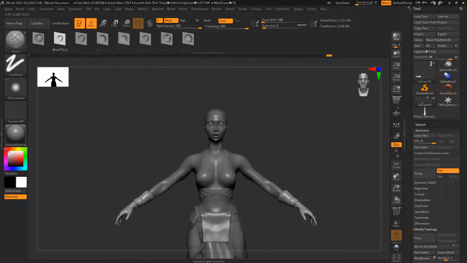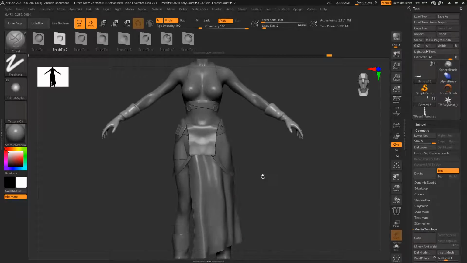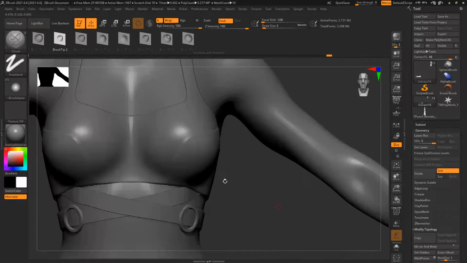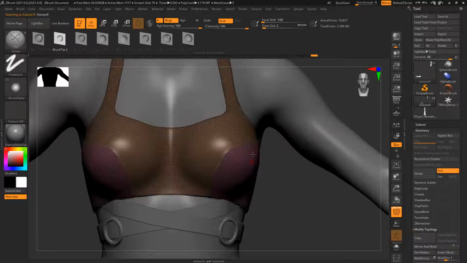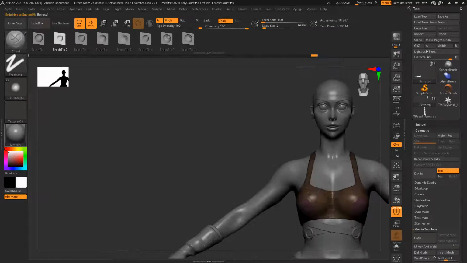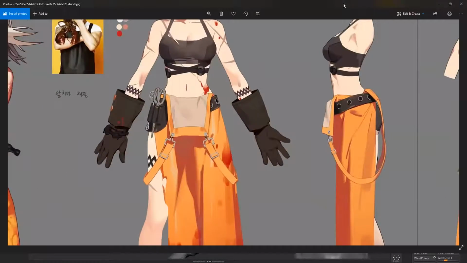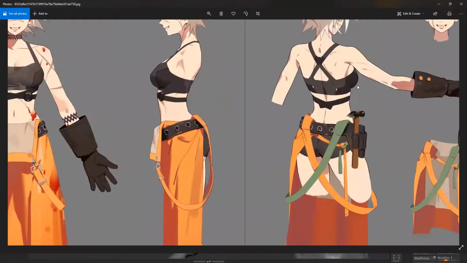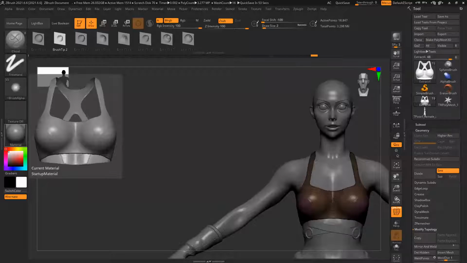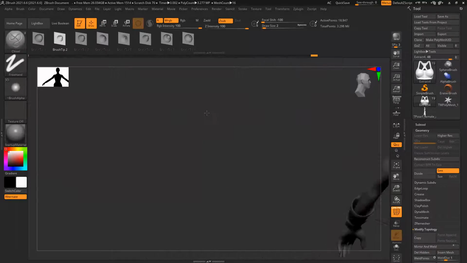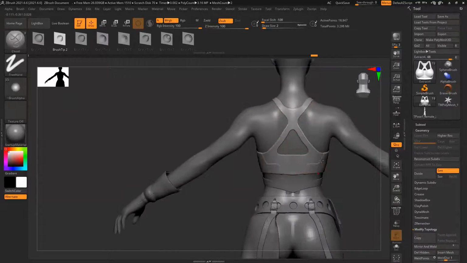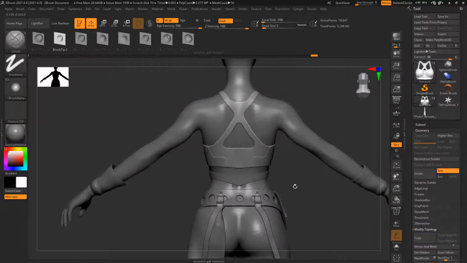Okay. So basic blocking wise, most of the things are ready. A few things you can see, I have created two separate polygroups for this design, two separate parts. You see clearly, the back also you can see the design. So I just separate the polygroup, so I can simply move it slightly and create the design. You can see the thickness, slight subtle thickness.